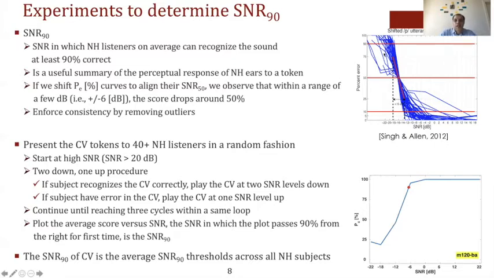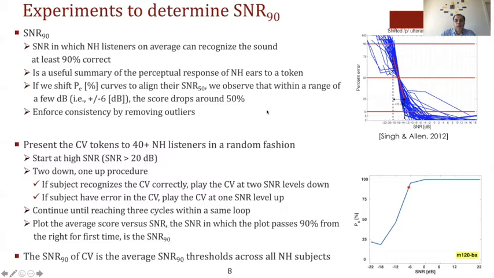This upper panel shows that if we align the sounds by recognition based on SNR50, we can see some of the sounds being outliers, so we should not include those sounds in the experiments. We keep the sounds where a small change in noise changes the score dramatically. This is a way to prune the sounds that we want to use.